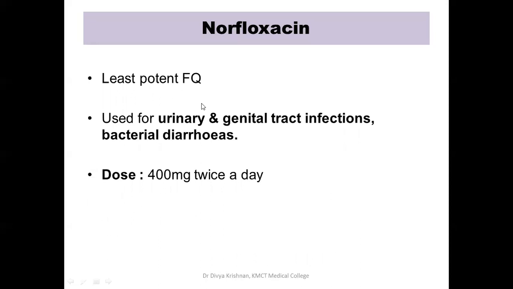Now we'll discuss the other drugs. So we are only mentioning the prominent features. So norfloxacin, it is the least potent fluoroquinolone, and for that reason the tissue concentrations are very low for this drug. It is mainly used for urinary tract and genital tract infections and some of the bacterial diarrheas. The usual dose is 400 milligram twice a day, and the number of days depends upon for what infection you